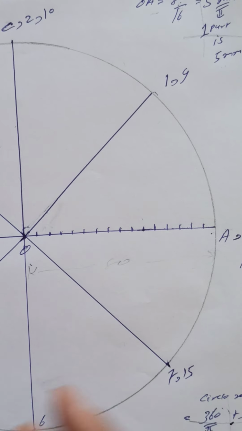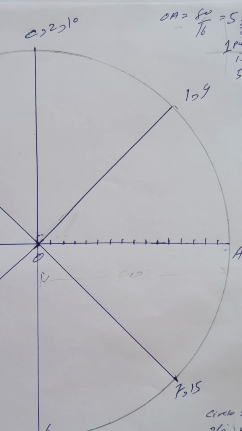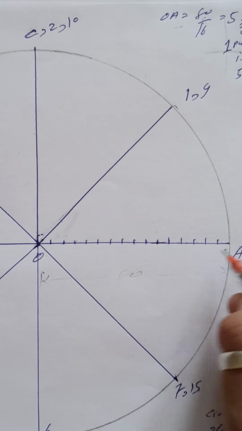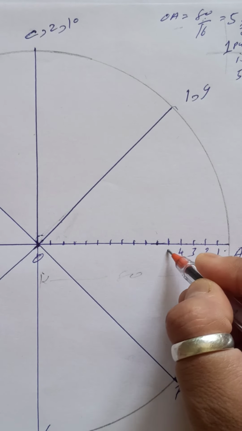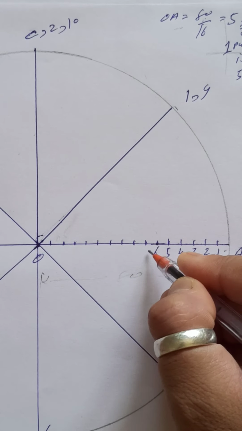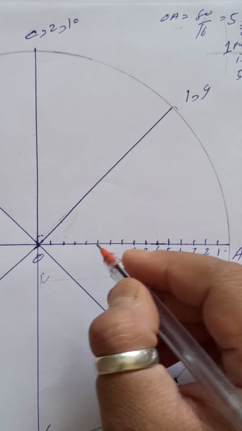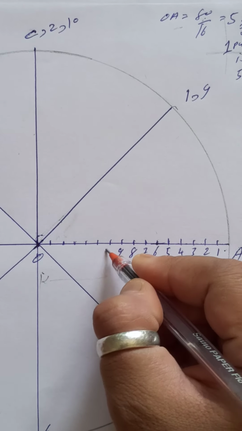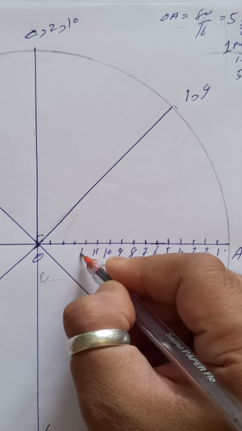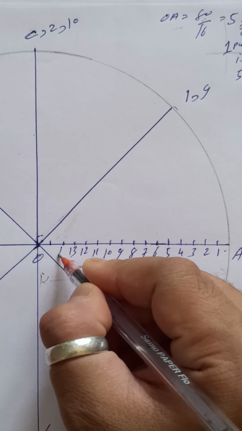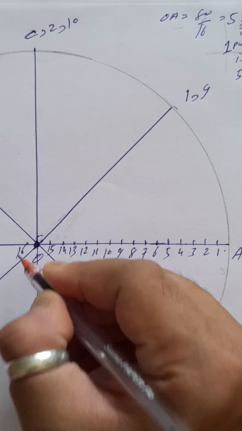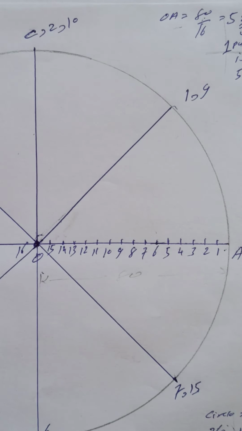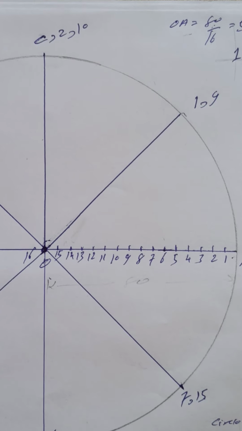Okay, you give the point, that point is 0, so we start from right to left. 0, 1, 2, 3, 4, 5, 6, 8, 9, 10, 11, 12, 14, and that center point is 16. Okay, now we know the procedure.